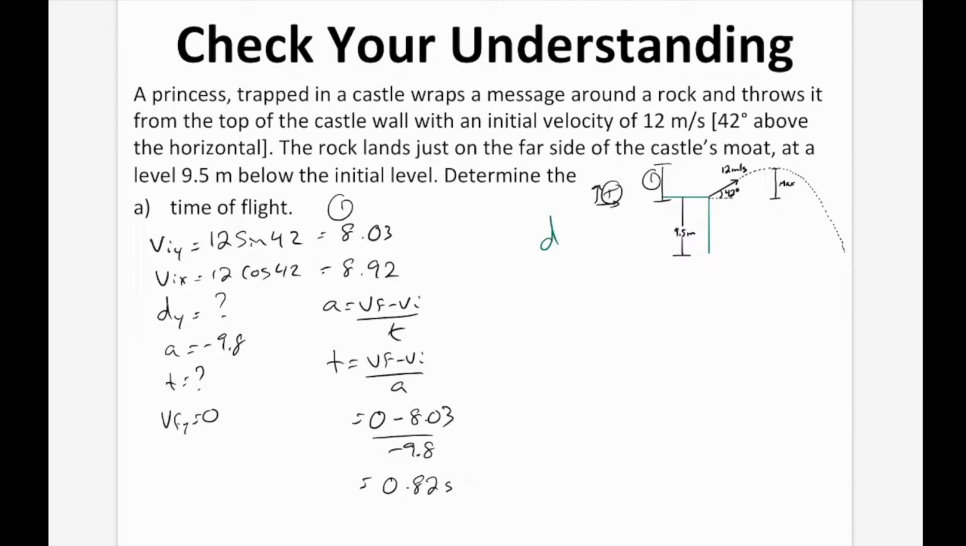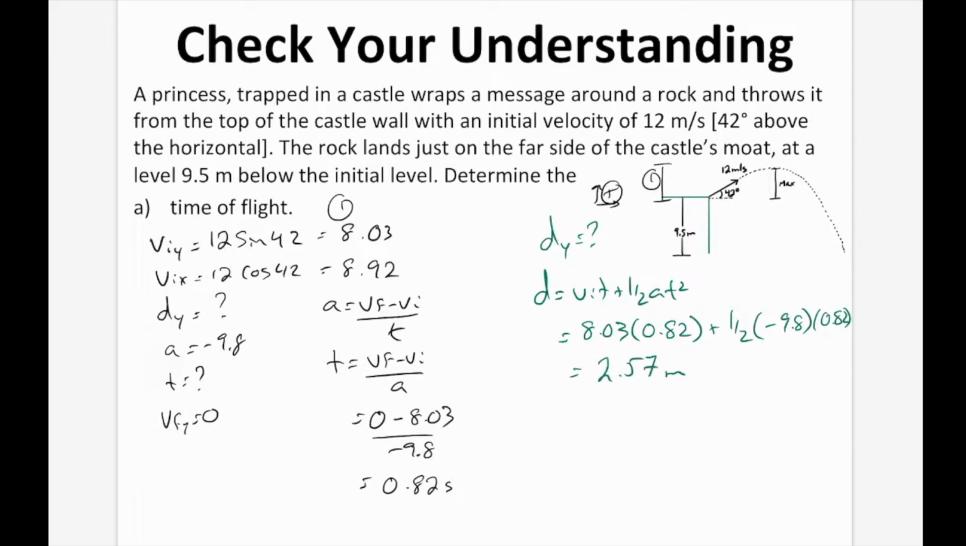So let's just say that that's dy. That's our question. And we're going to use our same variables from before. So let's say that d is going to equal vit plus 1/2 at squared. Vi we know is 8.03. We know the time to get up is 0.82, plus 1/2 negative 9.8 times 0.82. And that gives us a d value of 2.57 meters. So we know our total height, so going up to down, so I'll just draw it right here,